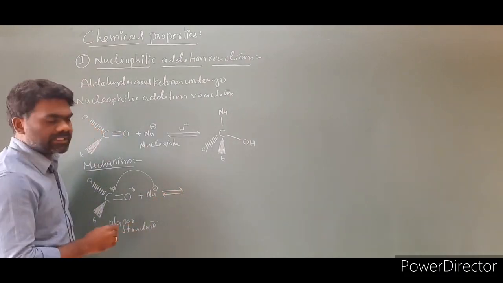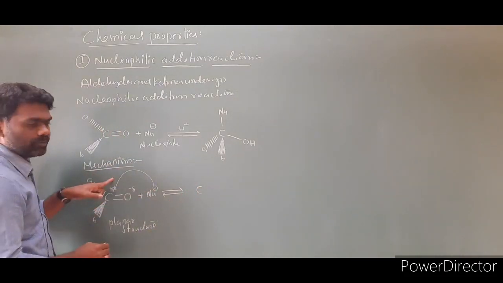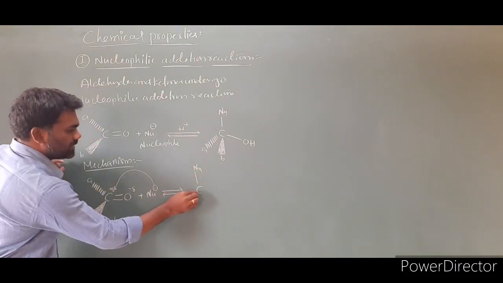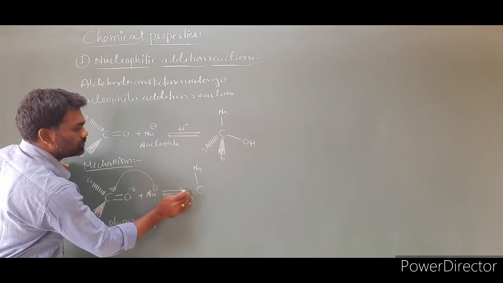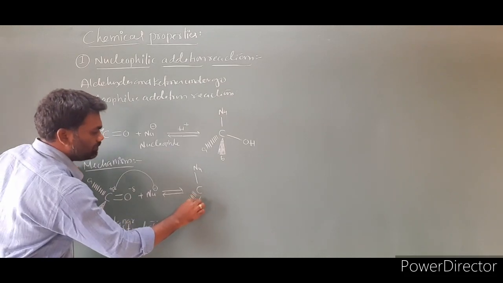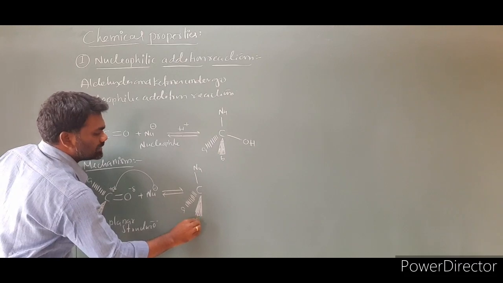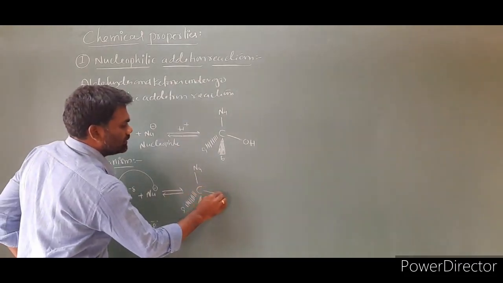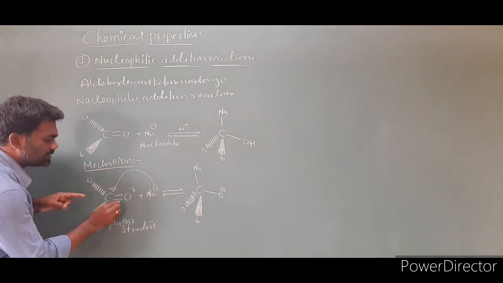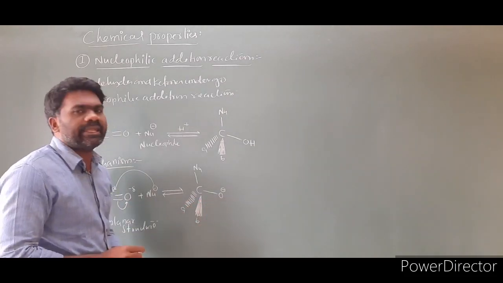Then the product formed is this: the carbonyl carbon written as usual, the nucleophile Nu approaching from the top, and the groups remain the same, A and B, and O with a negative charge. Whenever the nucleophile approaches this carbon, the pi bond shifts to the oxygen, and the oxygen gets a negative charge.